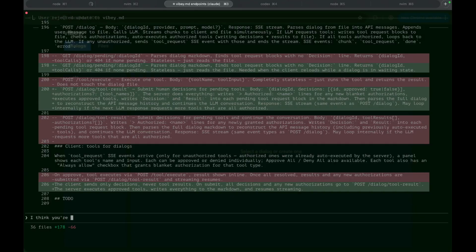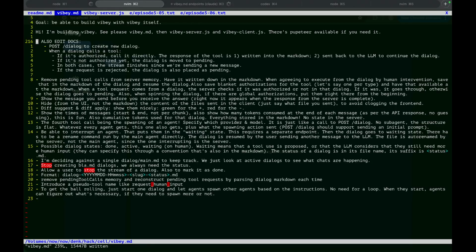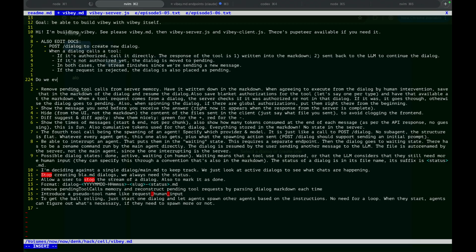I think you're making a mess, unfortunately. Do we even need an endpoint for the tool? Can't it just be read from the MD of the stream by the server?